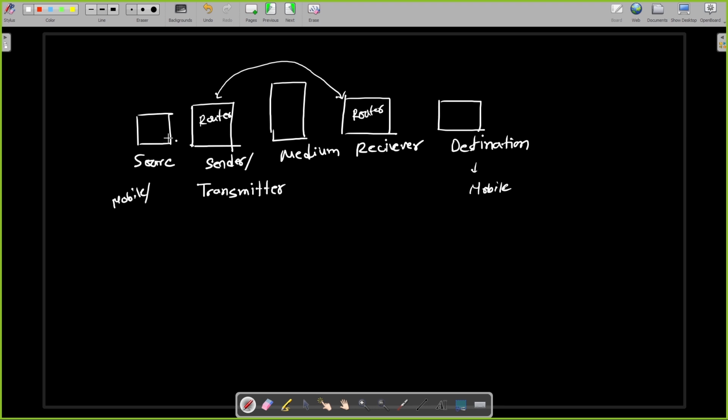Those 5 elements are very important for sending or transferring the data. That's why we call these the core components of the data communication system and networking. Okay, so if you want to communicate or transfer data, that means you need these 5 elements or these 5 components. So this is the basic of data communication system and networking. Do you understand? Yeah. Okay,